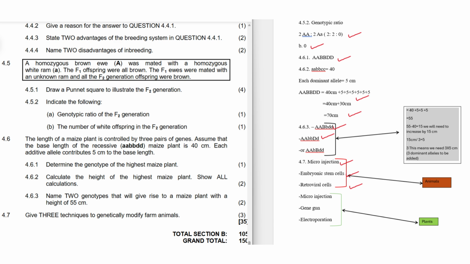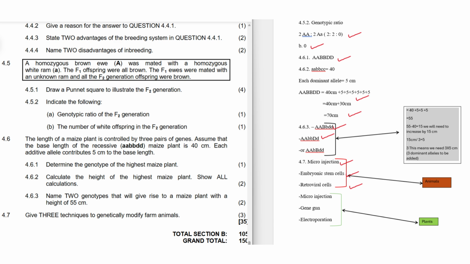Right. So 4.6.2: calculate the highest height of the maize plant. Show all your calculations. As written here, small a, b, d is 40 centimeters. So this is the base length. Each dominant allele adds 5 centimeters. So for the highest maize plant, which is the genotype in 4.6.1,